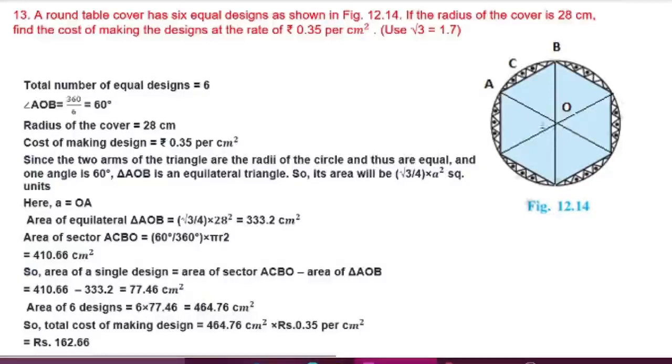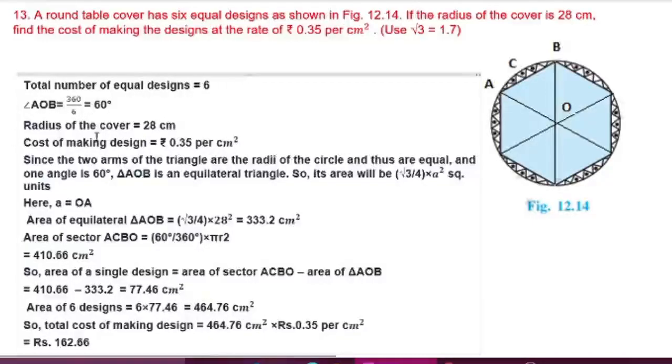That means these 6 angles are equal. Here we can see 6 central angles. One is angle AOB, and similarly the other 5 angles are here. Total 6 angles, and these 6 angles are equal. And also we know that the angle around a point is always 360 degrees. So we consider the center O. The angle around this center O is always 360 degrees. So each of the angles you can find out. Here angle AOB is equal to 60 degrees.